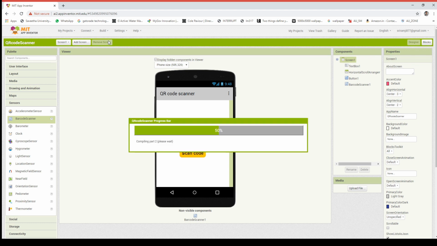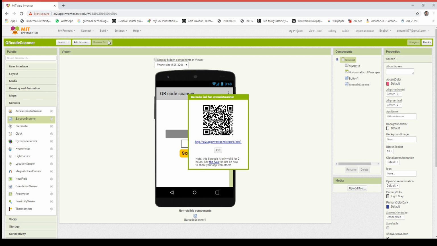And by scanning it, we can download and install directly on our mobile. So finally, let us take a short look at our own QR code scanner app by installing it.